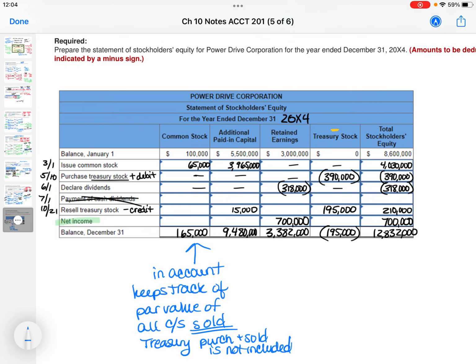So I can take this amount, divide it by the par value, and that will just tell me how many shares of stock have been sold at any given time. So there were 2 transactions, and I would see those. It does not tell me the treasury stock. That's different. That's why we kept in that red box, where I kept keeping track of the number of shares outstanding, because I needed that to be able to declare the dividends and calculate it.